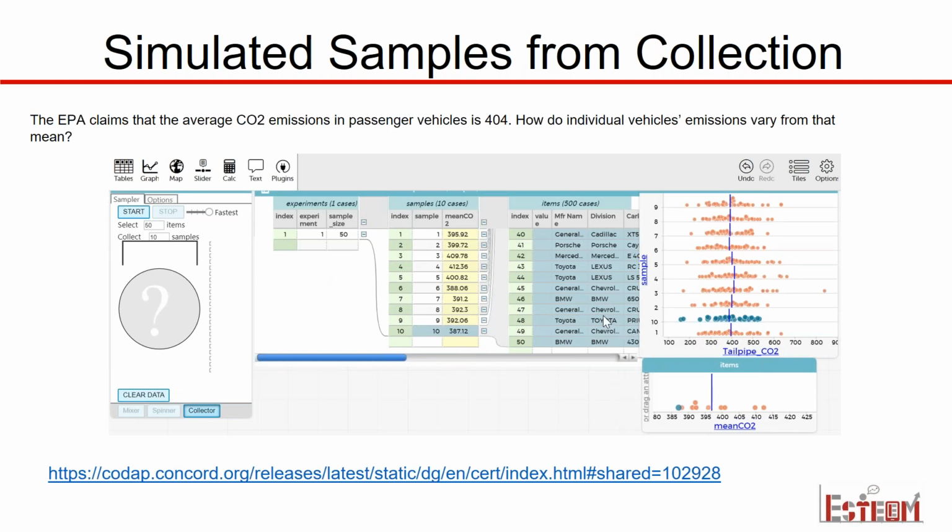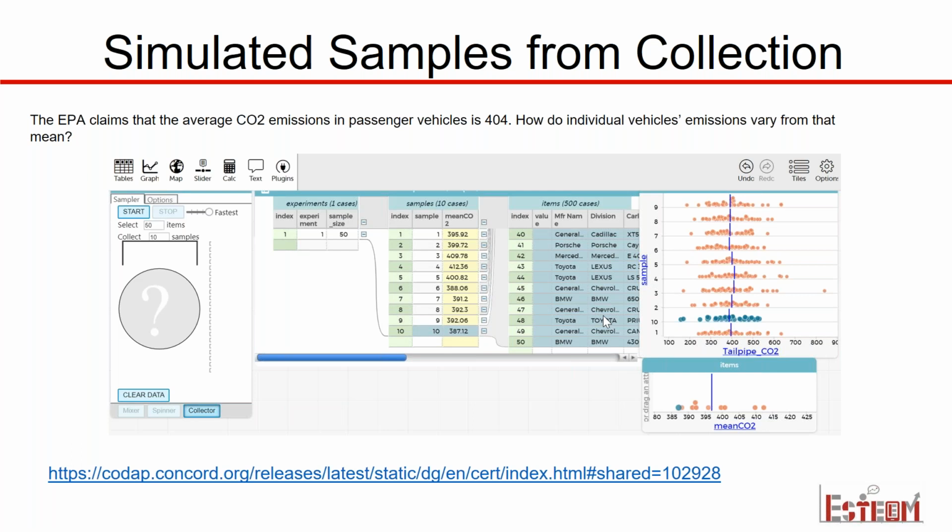In this particular example, we got data from the federal government EPA website, of all the different vehicles that were manufactured in 2018. We cleaned the data set a little bit because it had a ton of variables in it, and then pulled it into CODAP, and we're able to actually sample from that data set. I'm going to estimate there are about 1,300 vehicles in that data set.